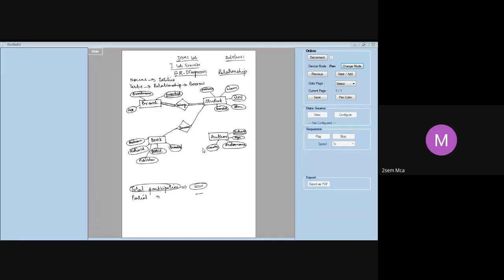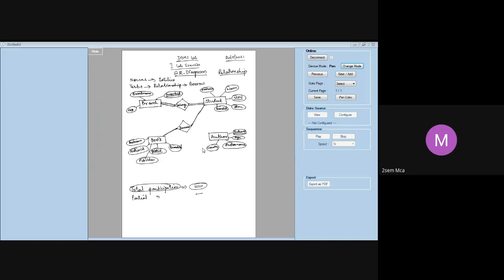Now here, every student need not borrow. I may not borrow books at all as a student. I don't want any books. So that is why I have shown this as a single line. Every student need not borrow books. Every book need not be borrowed. There may be some books in the library which are not borrowed by anybody at all, not used by anybody at all. That is why this side of the relationship I have also shown as single. Am I clear? Both sides may be total, both sides may be partial, one side may be total, one side may be partial. All three possibilities are possible.